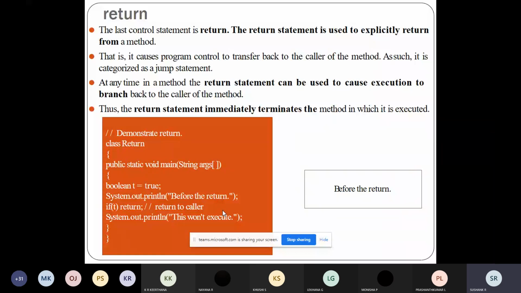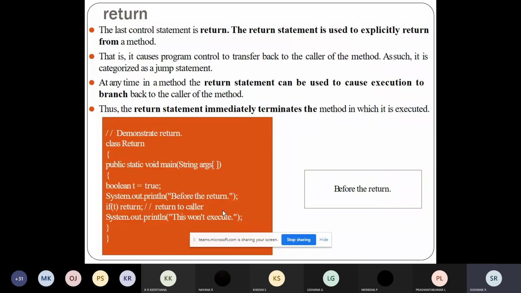What this return statement will do is transfer the program control back to the caller of the method. At any point in a method, the return statement will make the execution come back to the caller of the method, meaning it will terminate.